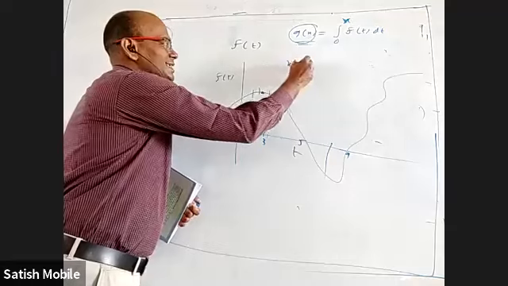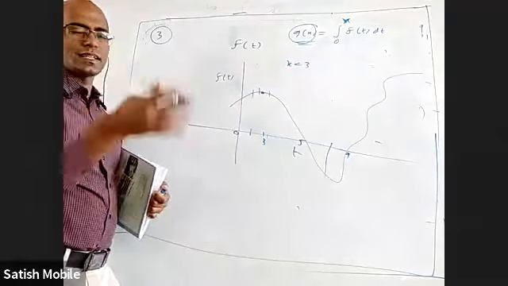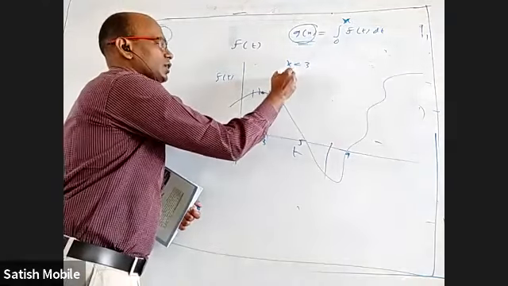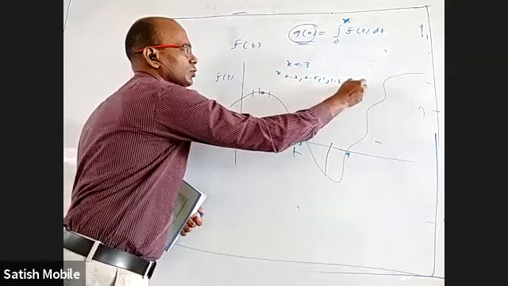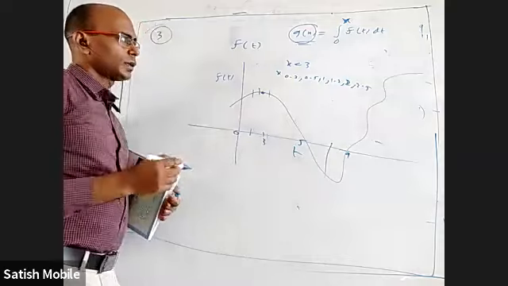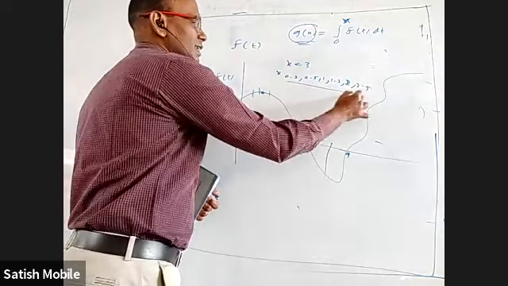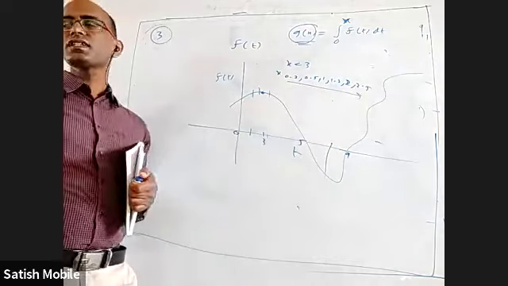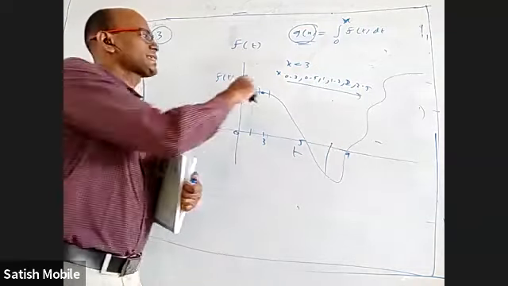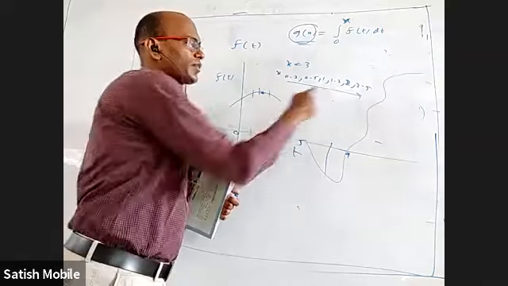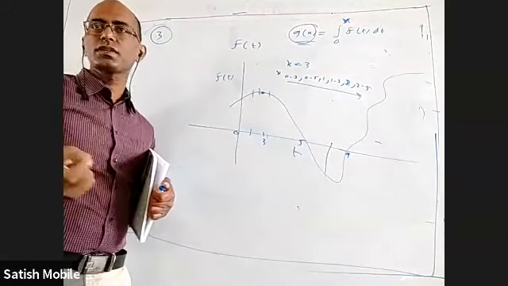When my x is less than 3 but increasing, that means my x values are 0, 0.2, 0.5, 1, 1.2, 2, 2.5. So when I take my x values increasing like this, will g of x increase or decrease? When x is increasing from 0 to 2.5, will g of x increase or decrease?